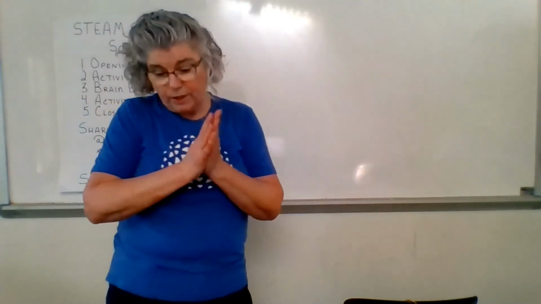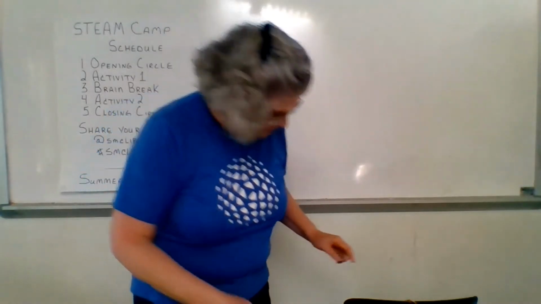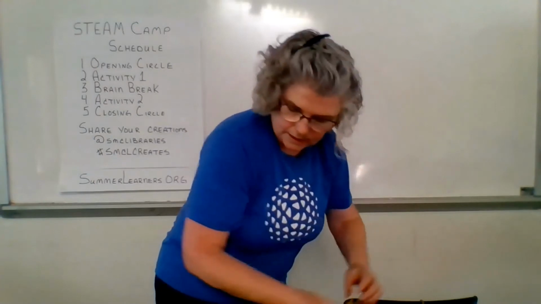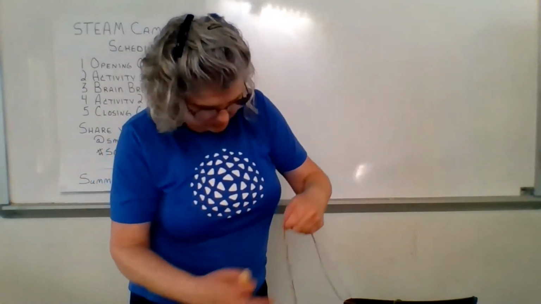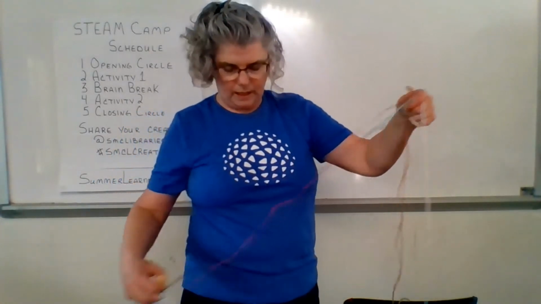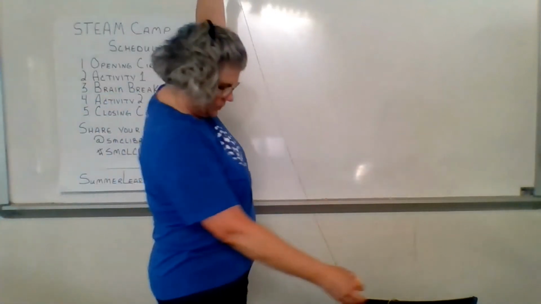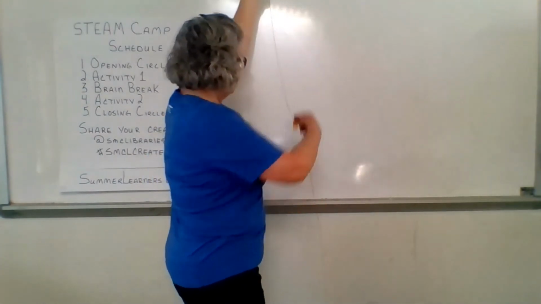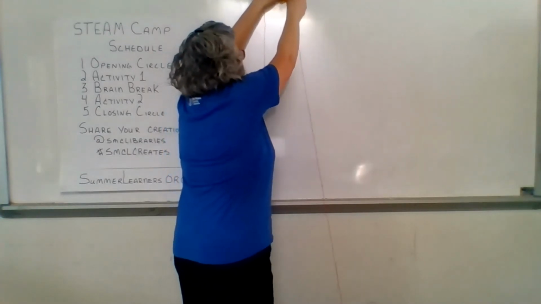So the other thing we're doing today, our second activity, is we're making zip lines. All right, so what Ms. Wisz has here, what you're going to need is some string. Ms. Wisz has yarn, and I have twine, and I have this really weird red string. And what you're going to do is attach it to, I have one end to a chair, and the other end is going to be up here on my wall. So there's one string.